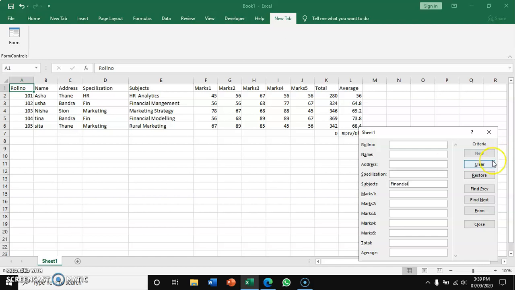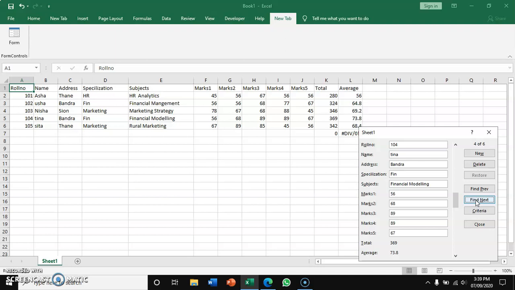Check the spellings, otherwise you won't get the data. Where is financial? Yeah, financial is on 102 and on 104. So this is how you can search for data.